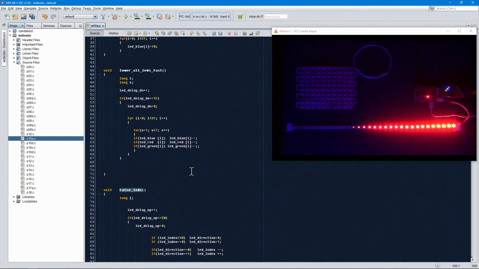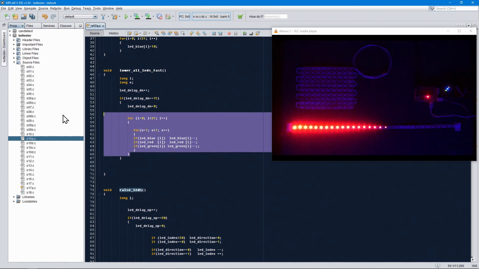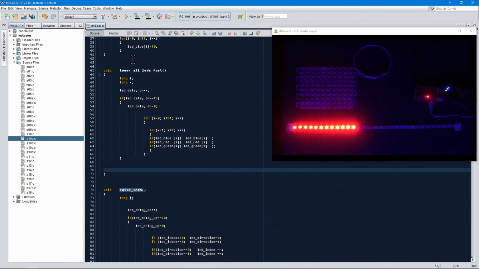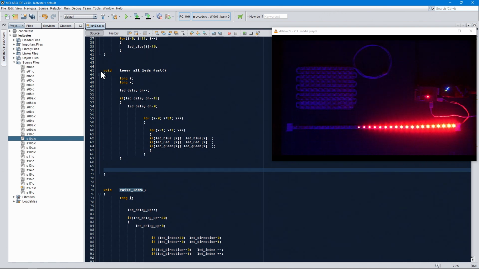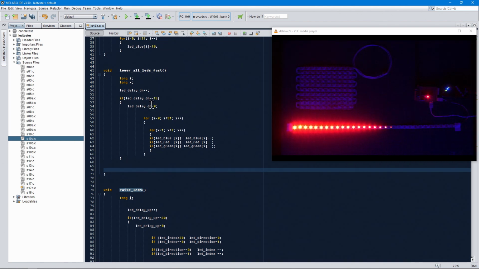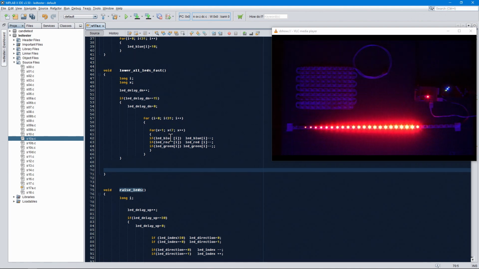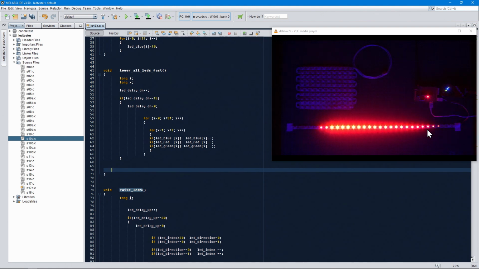In our function of lower all LEDs fast, we are calling the function every 15 times through the loop. So every time this is called, we're processing this part every 15 times. Once every 15 times this function's called. And we are saying for I equals 0 to 31, all the LEDs in our array,